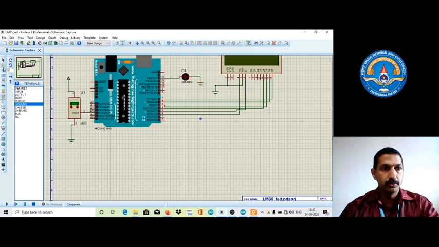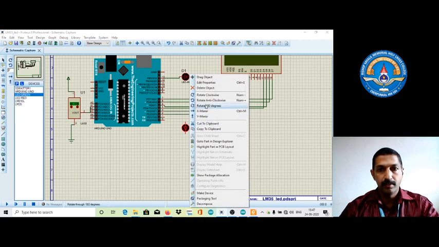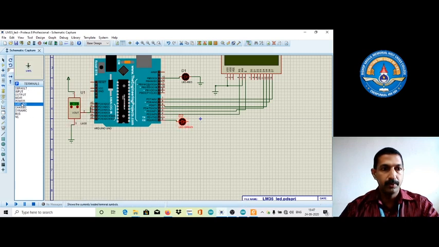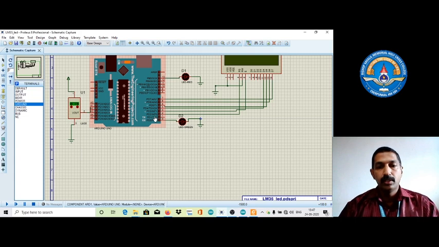Zero to green, anti-clockwise. 0 to green. We need to add one more ground. It's to be added. Saved. Do one more thing.